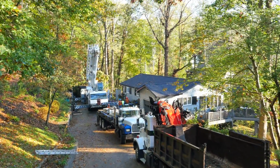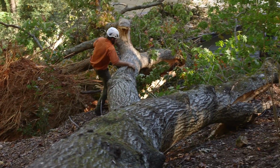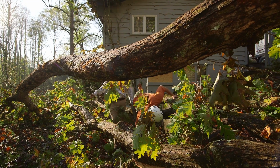So we're here at our client's house today. They had a tree fall on their house last night, hit a retaining wall in their garage and had parts of the tree laying on the house. So in this video, you'll see that we decided to use a crane because we are dealing with so much